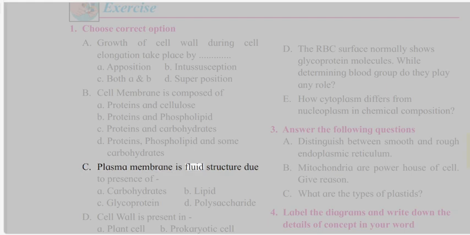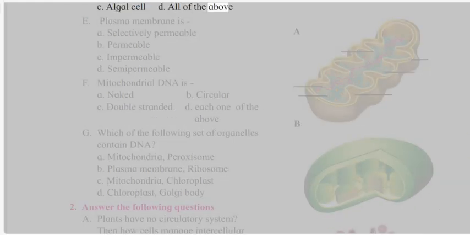C. Plasma membrane is fluid structure due to presence of: A. Carbohydrates, B. Lipid, C. Glycoprotein, D. Polysaccharide. D. Cell wall is present in: A. Plant cell, B. Prokaryotic cell, C. Algal cell, D. All of the above. E. Plasma membrane is: A. Selectively permeable, B. Permeable,